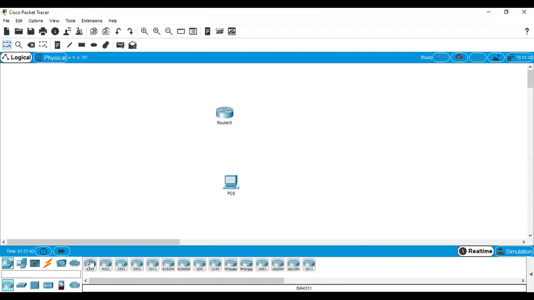If you click on network devices, here routers, switches, hubs, wireless devices, security and WAN emulation devices are there. If you click on router, a lot of different types of routers will come, and then you can drag and drop and construct the network. If you click on switches, there are different types of switches. It may be an 8-port switch, it may be a 24-port switch, it may be wireless. Then a lot of options are available here. These are all coming under network devices: routers, switches, hubs, wireless devices and security, all things.